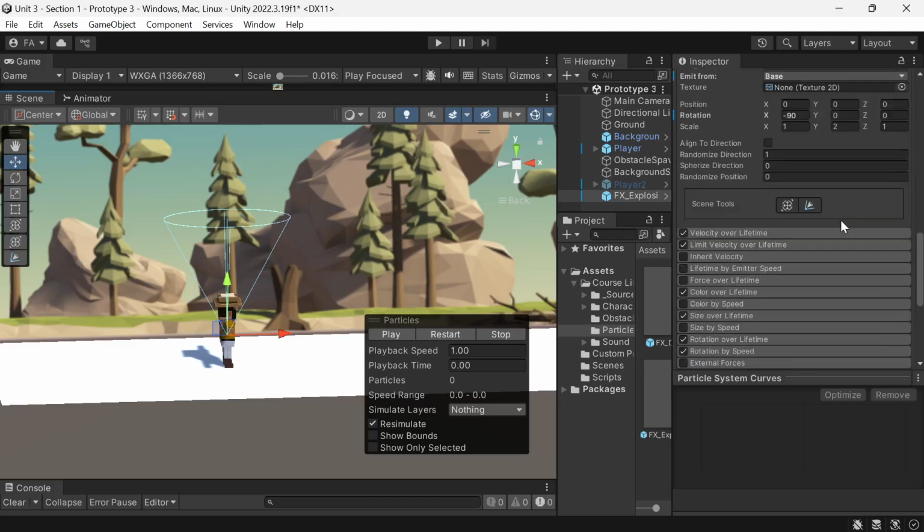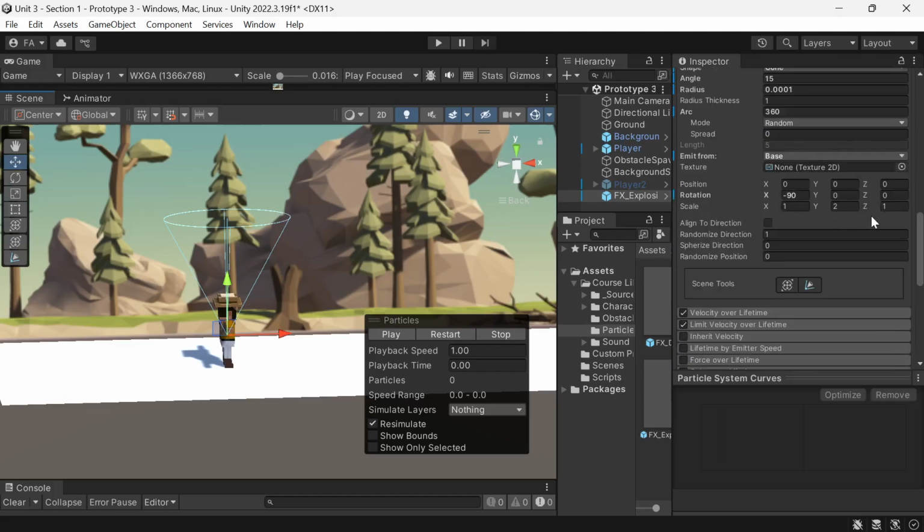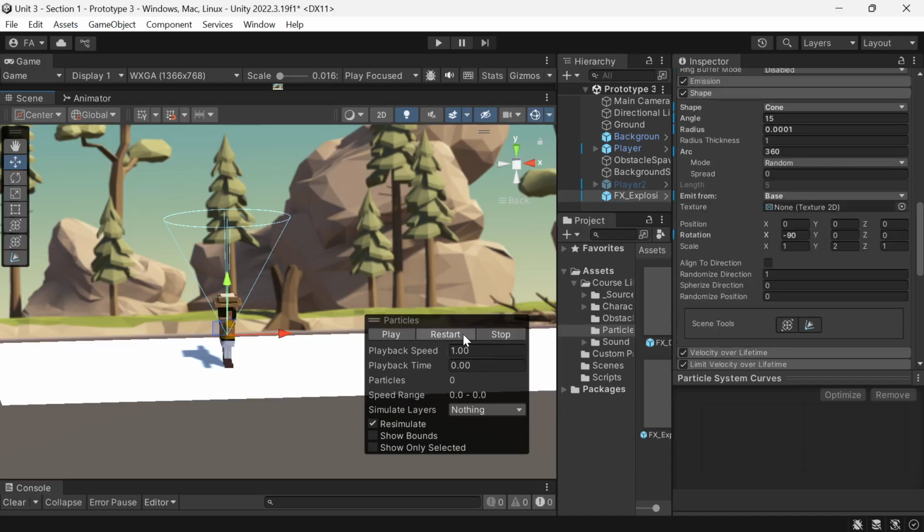So we want it like this. Naka-cone siya. I'm kind of happy with the shape of that. If we play, restart or play, then it just emits upward. No? Wala siya ga-emit at the sides. Well, a bit of it emits the sides, but mainly it's upward. I want our smoke to be somehow like that, cone shaped siya, but you can change it as you see